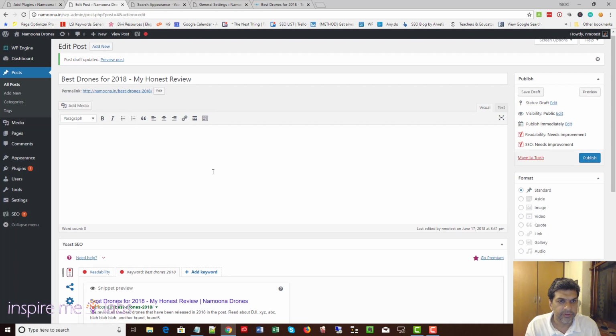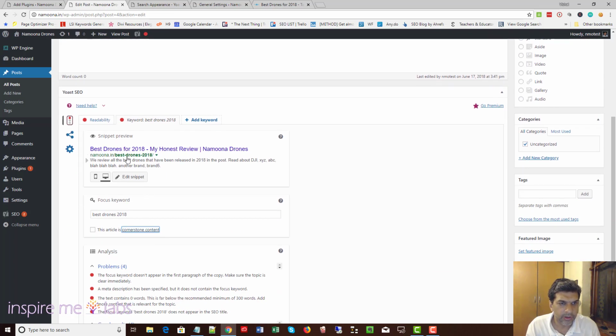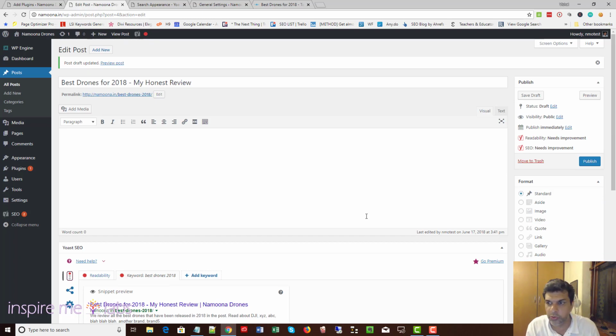As you can see, it bolds the focus keyword in the slug, and if your article is cornerstone content, and cornerstone content is basically the most important pages of your site that you actually want to rank for, the focus pages. You may have 5, 10, you could have more if you have a larger site, or if you have a company website, maybe the services page, or the pricing page, or the home page. You check mark that, and then Yoast will sort of